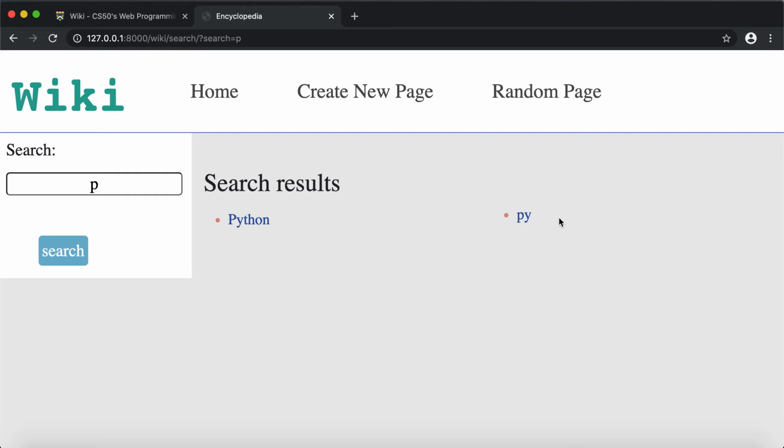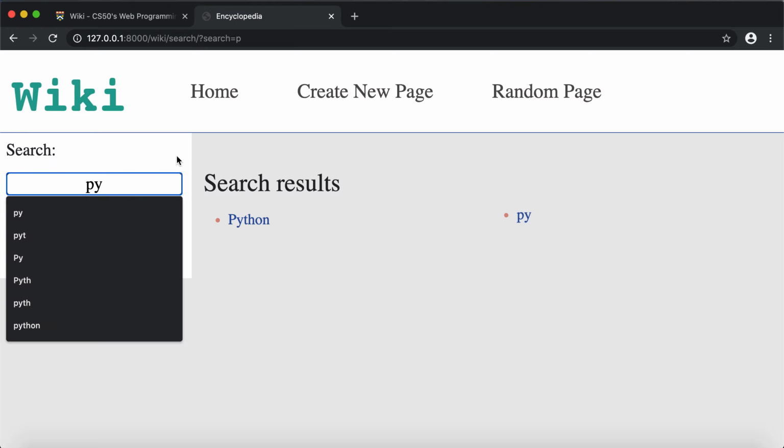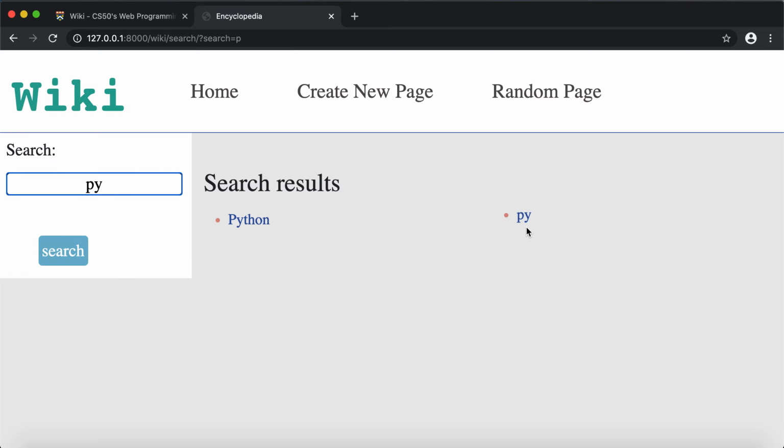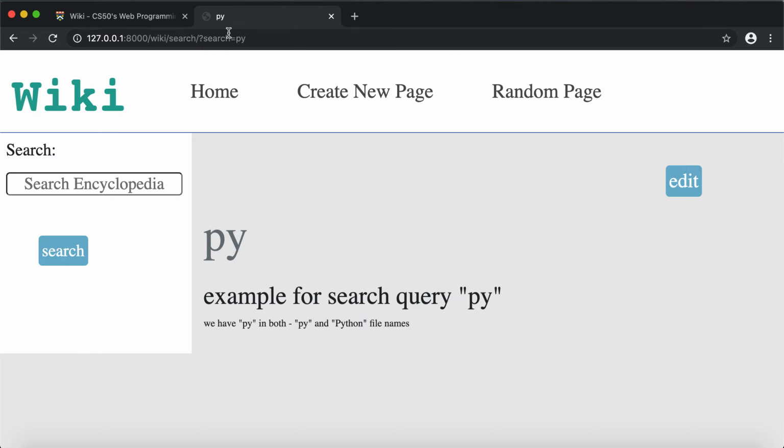As you can see, I have a file named python and a file named py. So py is a substring of python. When I type in py and do a search, it redirects to the page py.